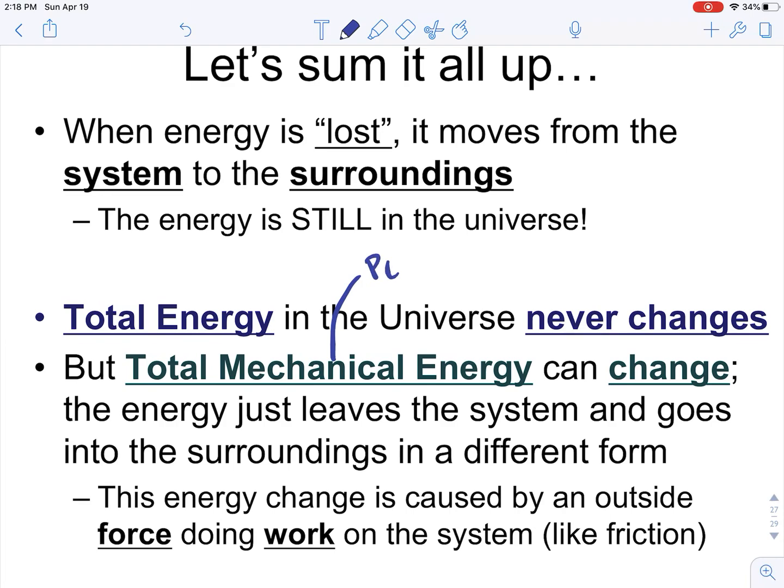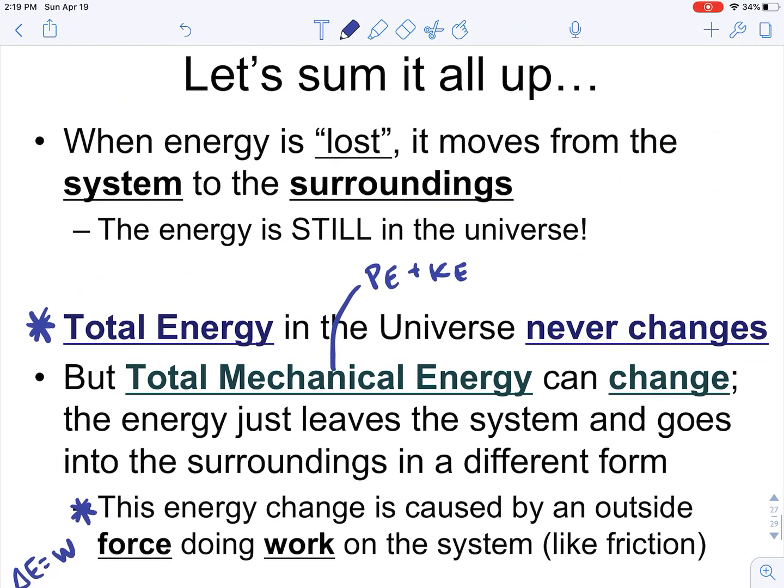But total mechanical energy, since mechanical energy is just comprised of potential and kinetic, doesn't always have to be potential or kinetic. It could be something else that's not just those two types. So total energy in the universe never changes, but total mechanical energy can change because it can be another version of energy. As energy change is caused by forces doing work, remember any change in energy is equal to how much work